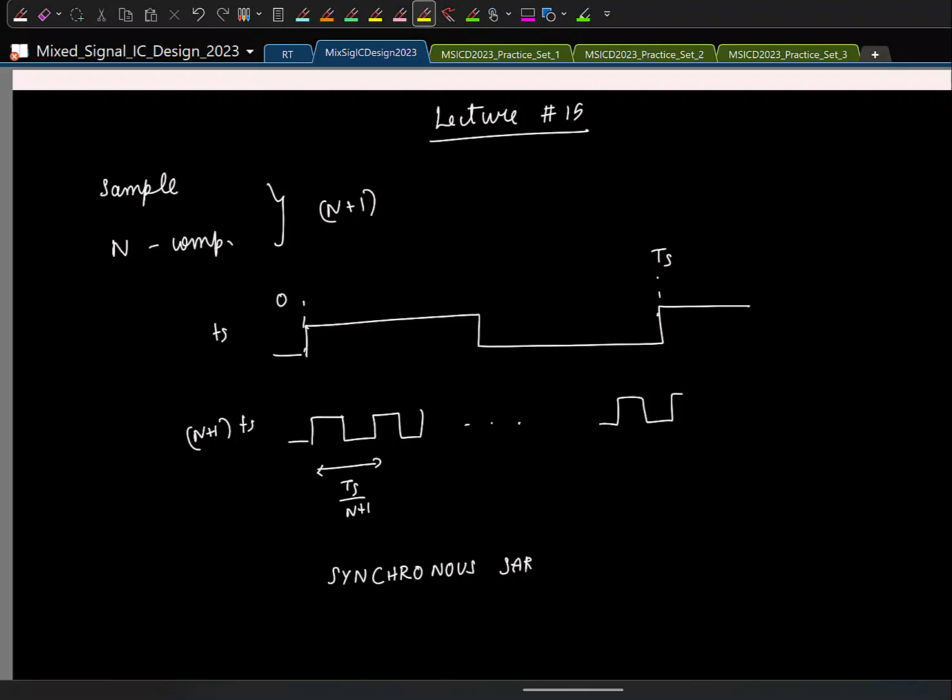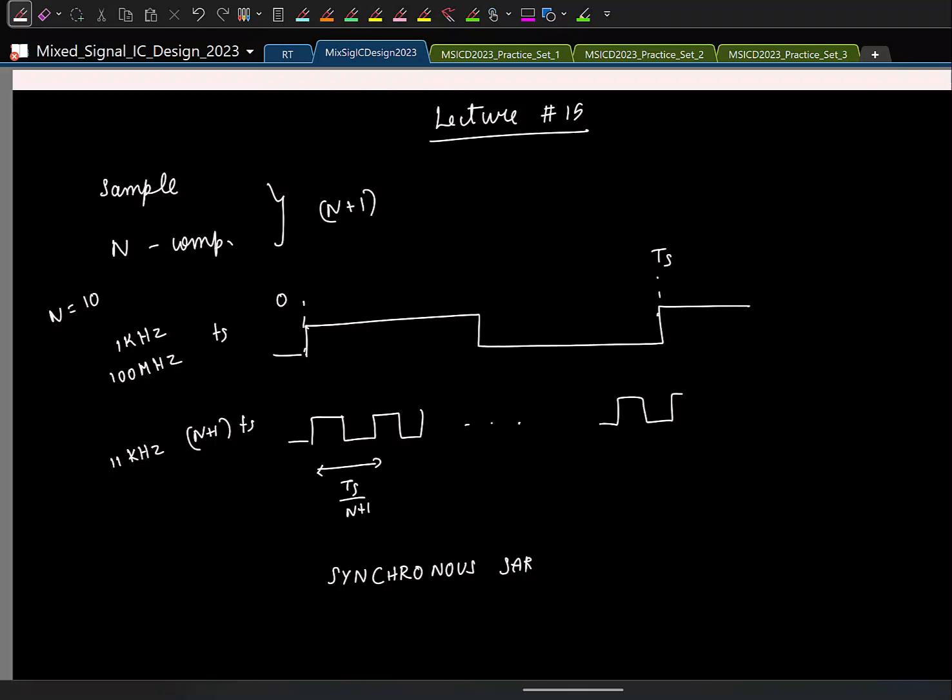This is nice if you are looking at low speeds. Let us say I look at a 1 kHz ADC. If I want 10 bits, I'll need, let's say, 11 kHz of clock. This is okay. But let's say I want an ADC of 100 MHz. The clock I should feed to the ADC is more than a gigahertz. So this becomes really difficult, and that is why SAR ADC was always used as a very low speed ADC